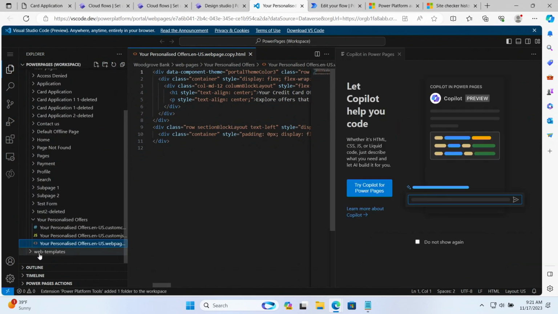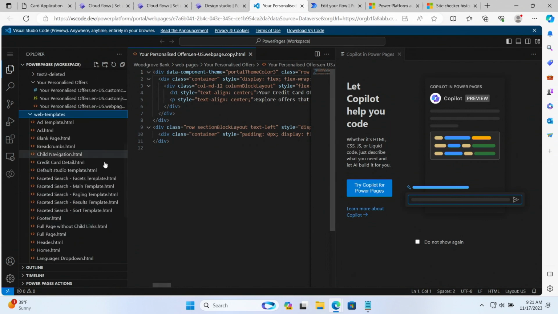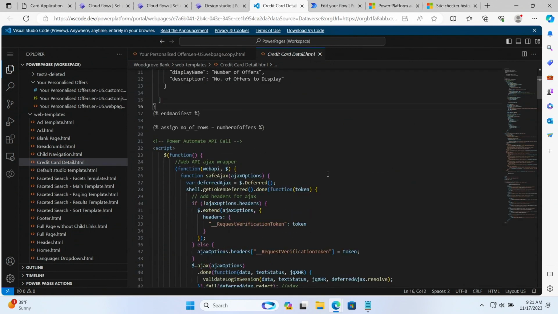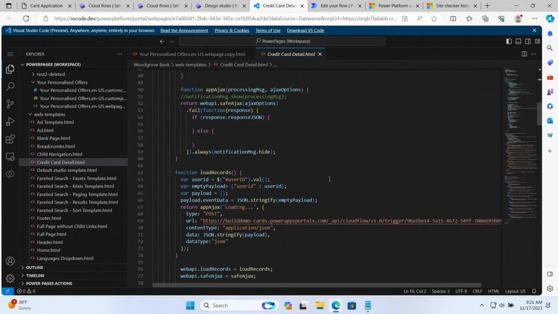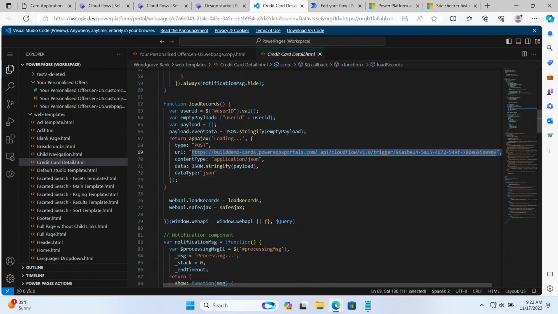And if we go down here under Web Templates, this is where a lot of the logic is happening. And these are reusable across your site, as Cindy mentioned earlier. So for our page here, we have the credit card detail web template, which is powering this. And I just want to call to your attention one thing here, which is a very simple AJAX call. So this is just boilerplate code for Power Automate, which is basically calling this endpoint. So it's already pasted in here, but this is where I would paste the URL that I copied earlier. And then it's just returning a JSON object that you can use and manipulate with the code here.